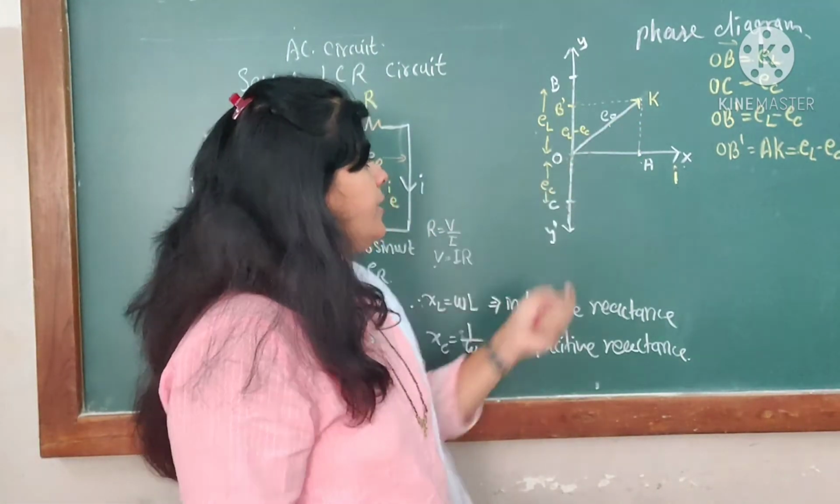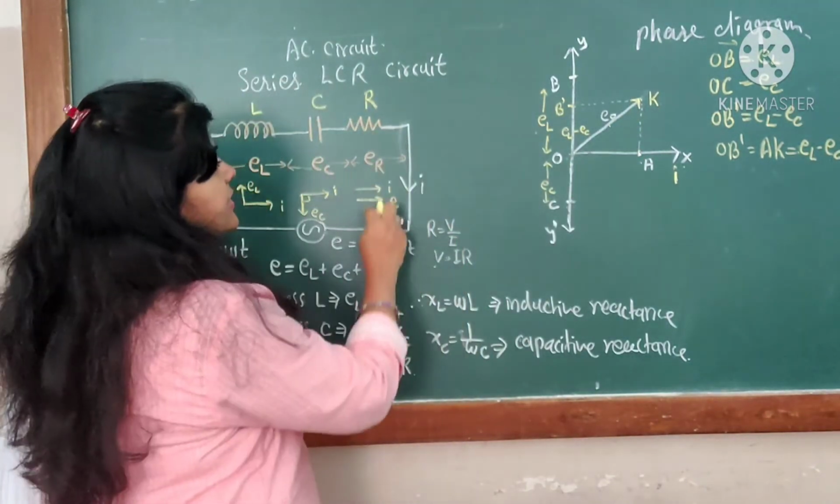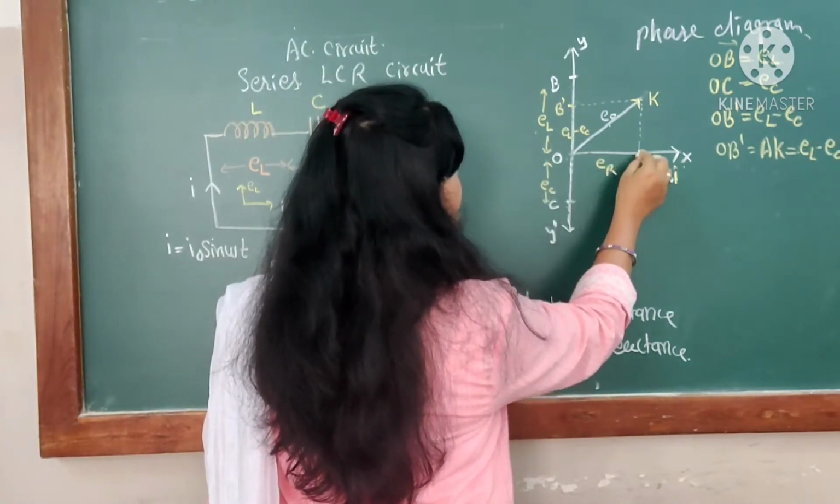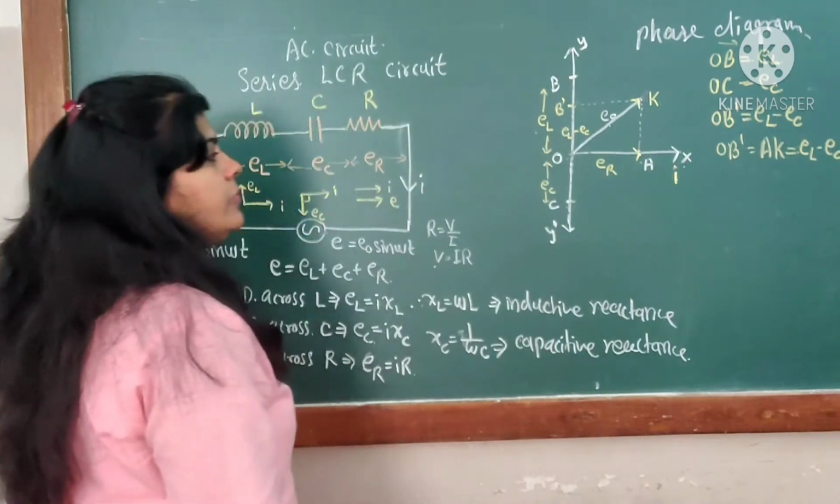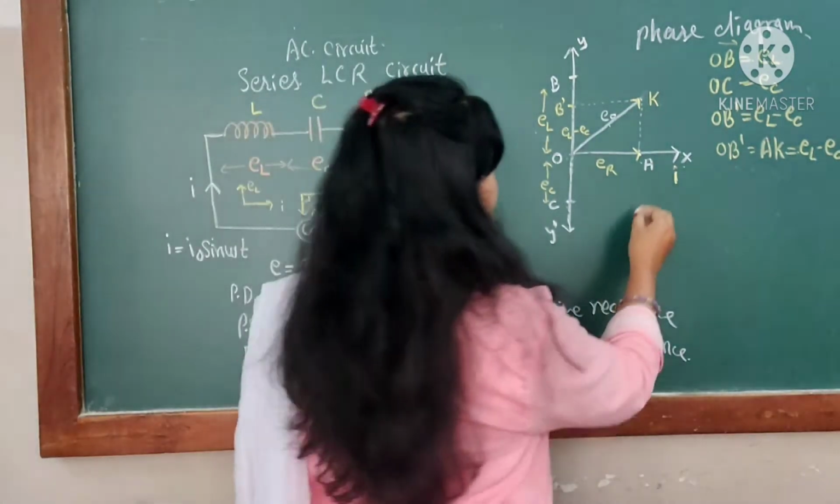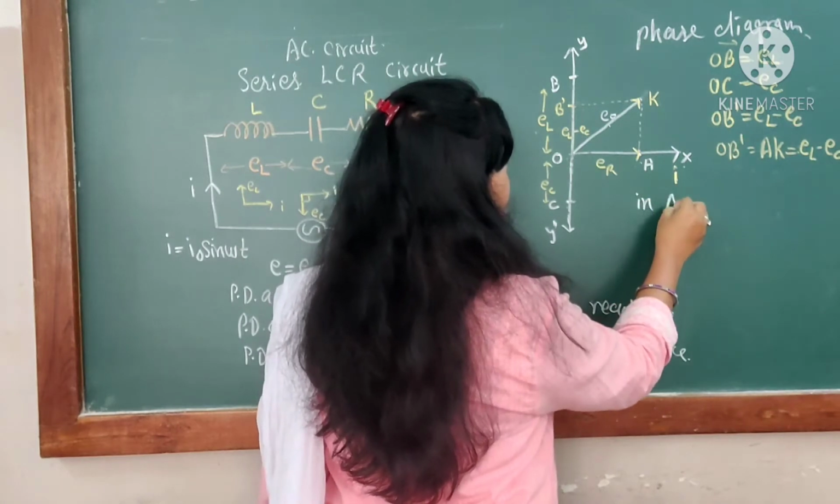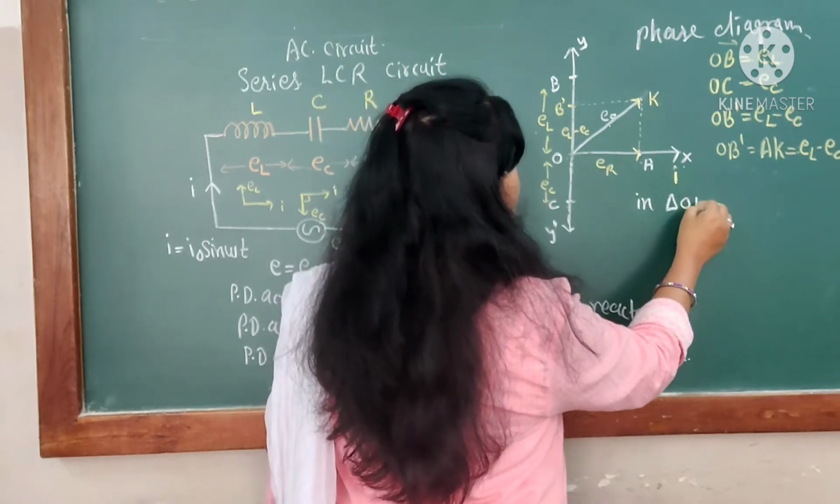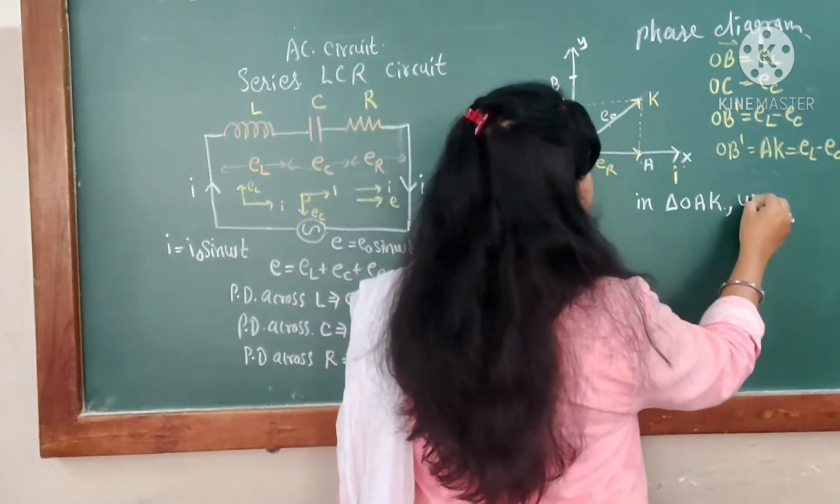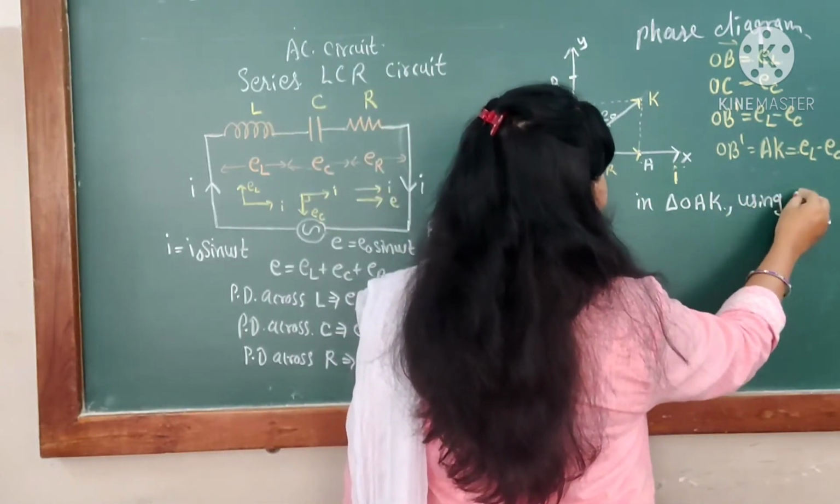Next is the OB. OB is where the resistor is, in the same direction. Here it is represented as ER. Now in triangle OAK, using